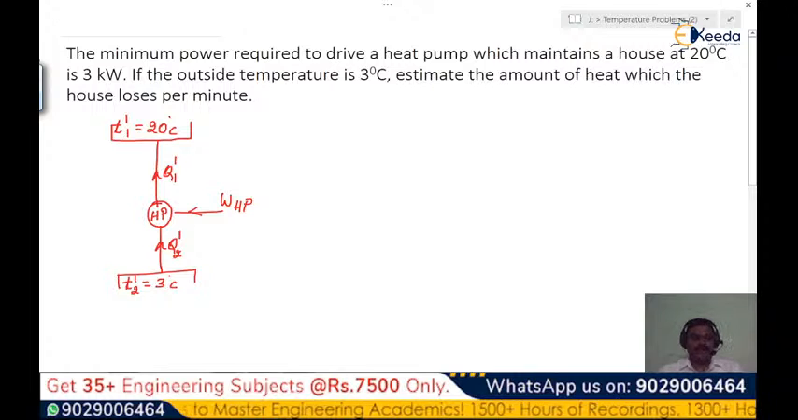So for that we have the work, that is power, that is input. W input, that is W of heat pump, is given as kilo